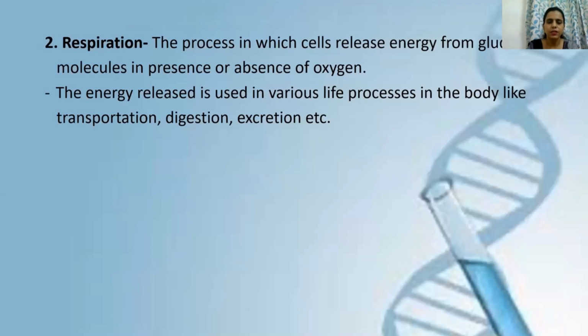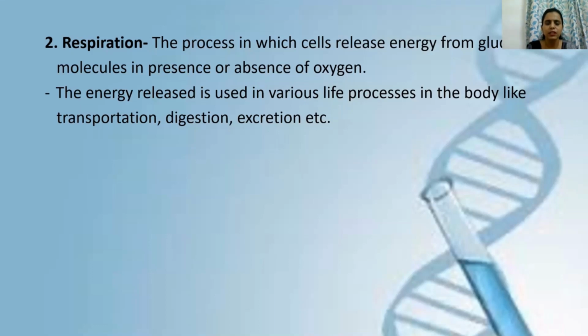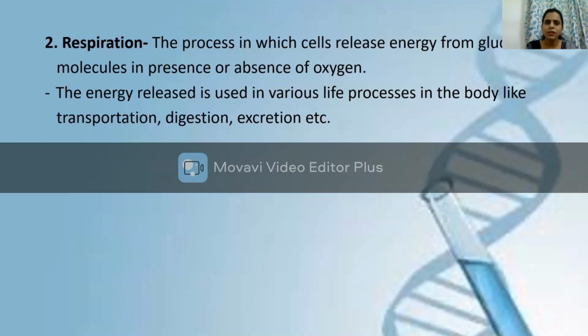Second characteristic is respiration. Now, respiration you have already studied in your class 7, grade 7. It's a process in which the cells of a body release energy by using glucose in presence or absence of oxygen. So you have studied in your lower classes, the respiration is of two types. When it occurs in presence of oxygen, it is called aerobic respiration. And when it occurs in absence of oxygen, it's called anaerobic respiration. And which particular substrate molecule is used here? I mean, from which particular food molecule do our cells release energy? That's glucose.